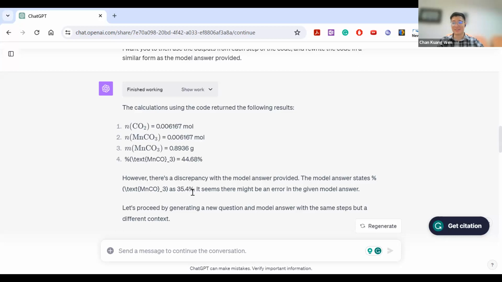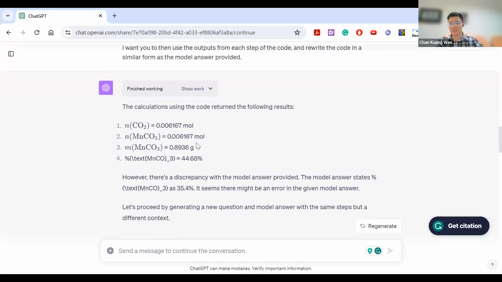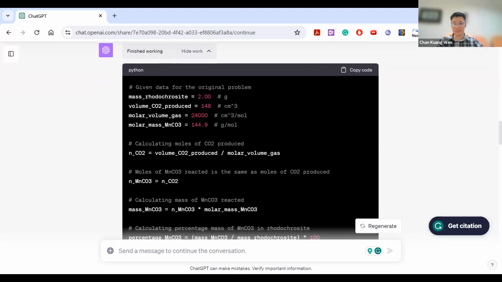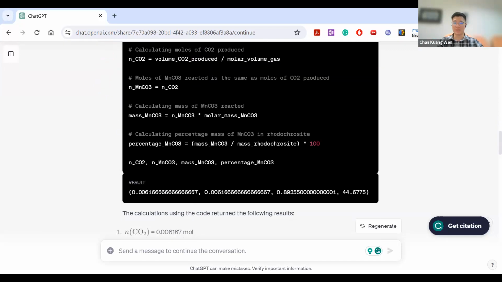Yeah, it was very interesting, because after that I thought, oh, ChatGPT has failed. And I went to press my calculator and I realized that the question that I referenced had a wrong answer and ChatGPT was actually right. So AI is now smarter than you. Smarter than the person who created the question. Yeah, I just took it to try. It was very interesting because if I show you the code, it actually wrote down these values here. This working, I could easily check because this is really the working that my students would have done, right?